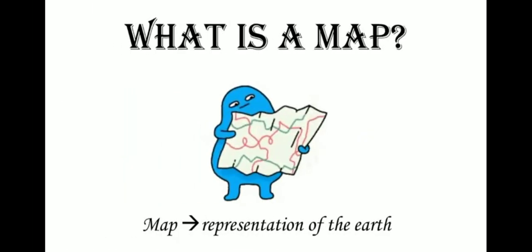Okay, what is a map? Map is an essential tool of a geographer. Map is a representation of the earth as a whole or a part of the earth drawn on a flat surface according to a given scale. It can show continents, countries, cities, and even a local area drawn with specific details. It is easy to handle and carry as it can be rolled up or folded and stored in computers.